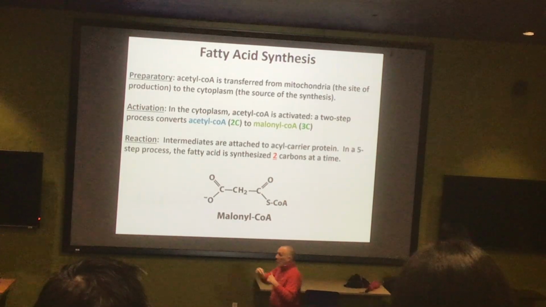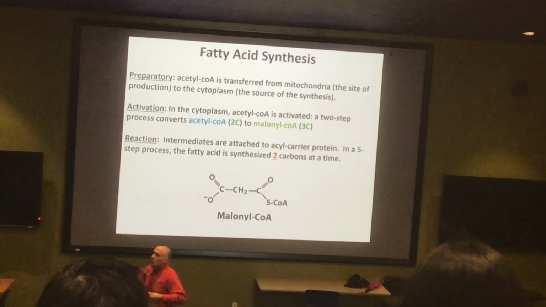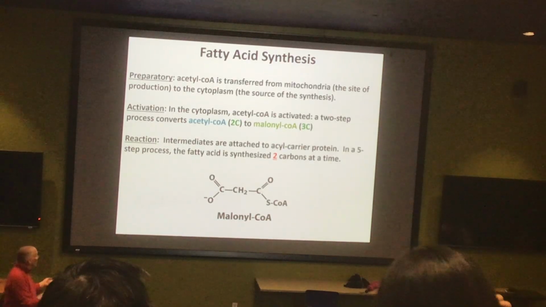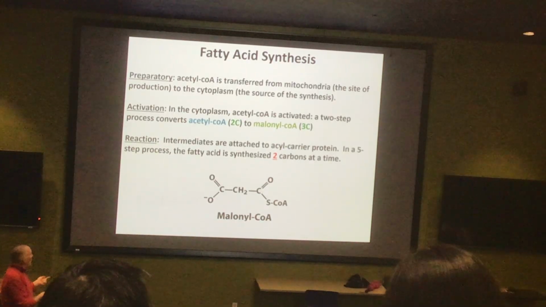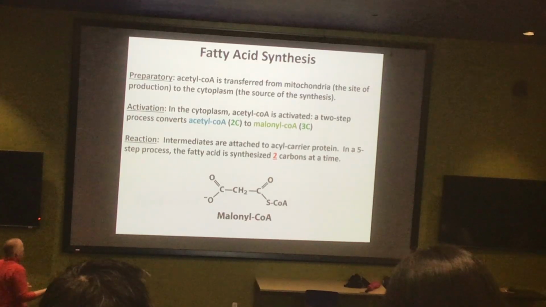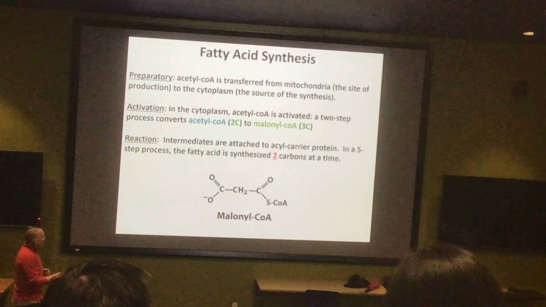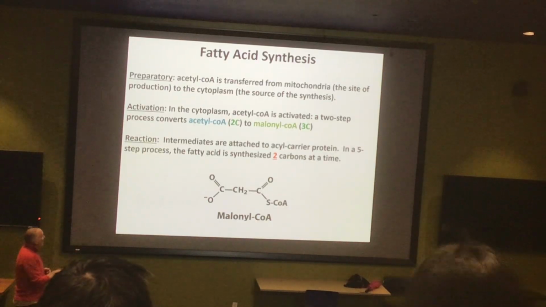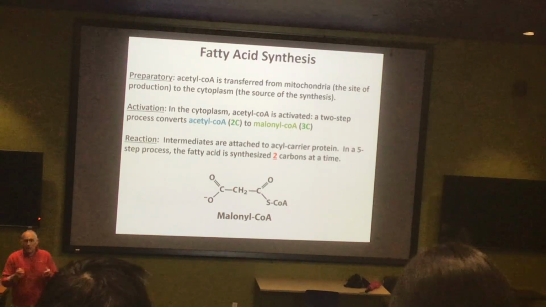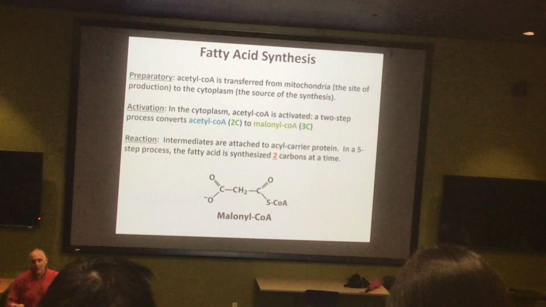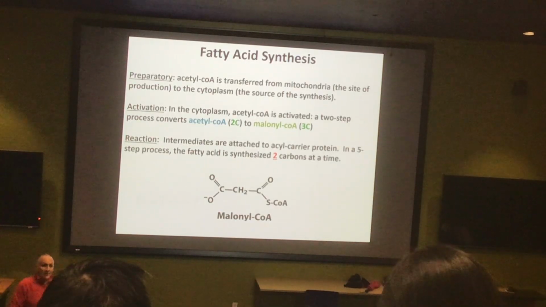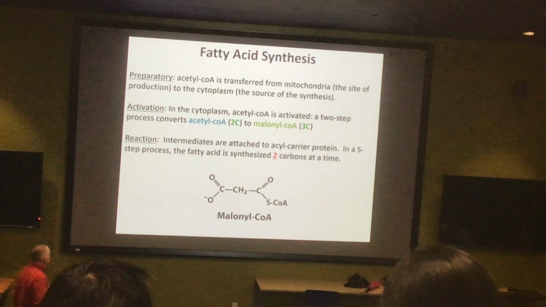In the cytosol, we need to convert that acetyl-CoA into a more reactive molecule. And the more reactive molecule that we're going to convert it into is malonyl-CoA, this 3-carbon molecule here. So you can probably look at acetyl-CoA and imagine how that's done. Here's kind of our old parent acetyl-CoA. Here's a carbon dioxide. So yes, if you're having flashbacks of the previous exam, this is once again jamming the carbon dioxide onto something. That's kind of what the chemistry will be.